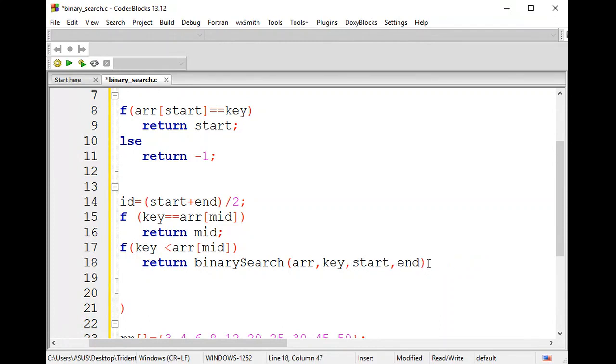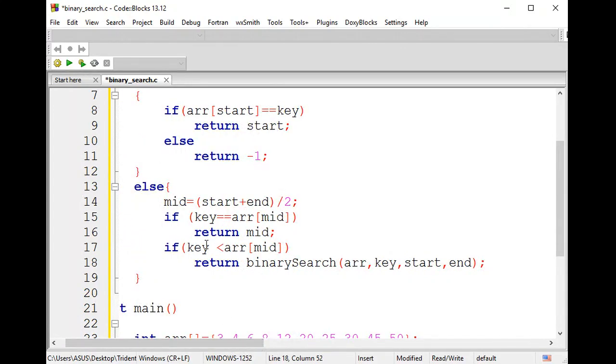So what we said, if at all your key value is less than mid value, who should be modified? Your starting index should be modified with mid minus 1. So I'll be modifying him to mid minus 1. Right. And next, if this condition is not true, what does it mean? If this condition is not true, by default, what happens?